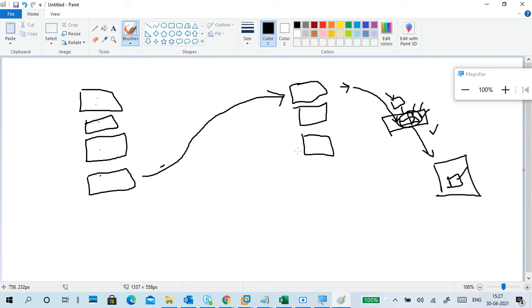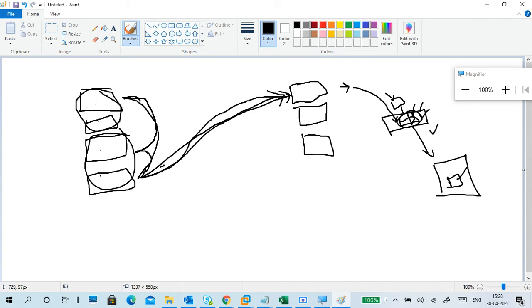Now again it continuously goes develop, test, build, and deploy. We are doing it continuously, for example as two units. Development, build, test, deploy.